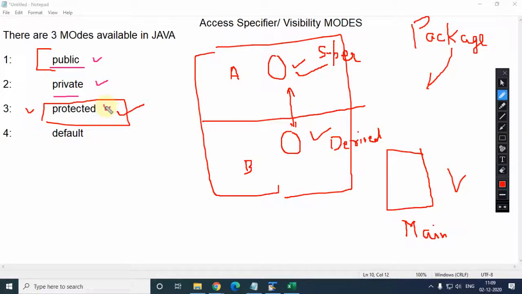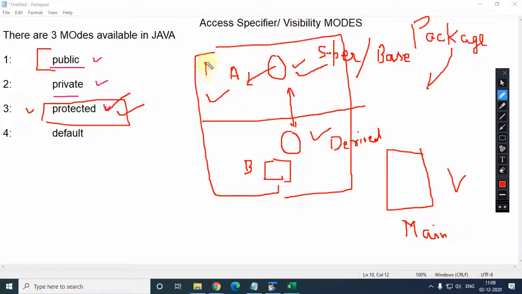If you declare protected in the base class, or superclass, that protected thing you can inherit in the subclass also.